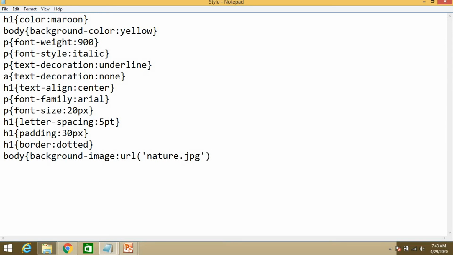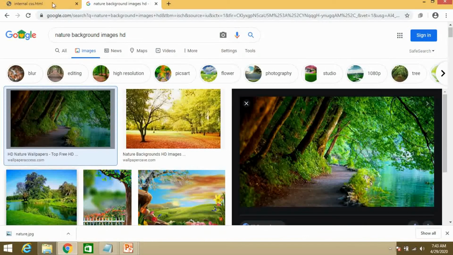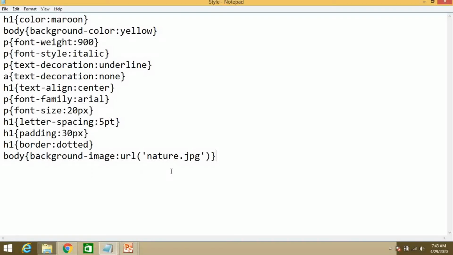You can write it in double quotes or single quotes also. I'm writing in single quotes. Save this and execute your code over here. So this is the repetition. You have to choose an image which fills the screen. So this is background image.